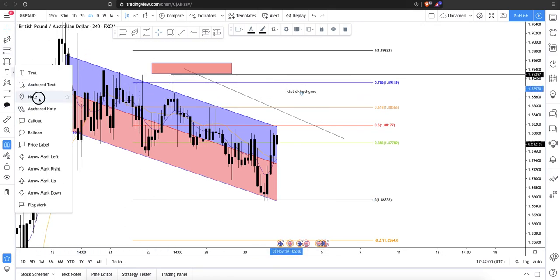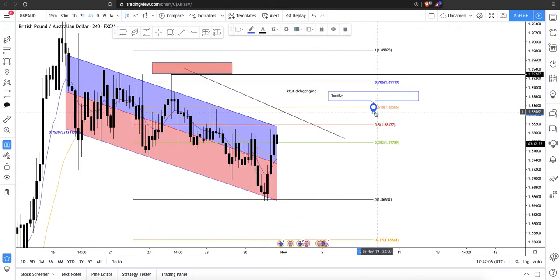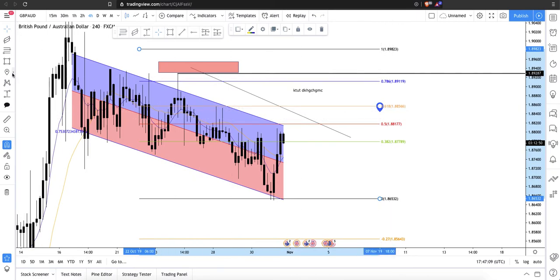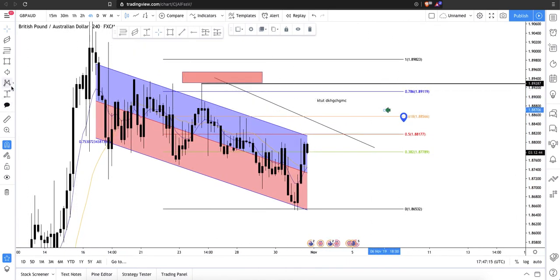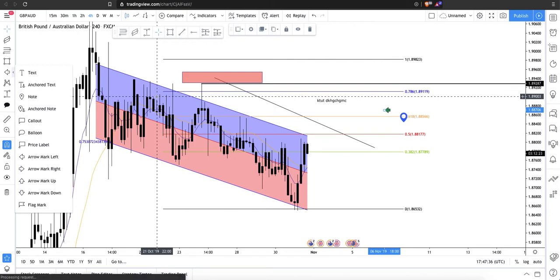Next, there is all these notes that you can use. You can play around, change color, whatever. Next, there's these labels, arrows that you can draw. And there's all sorts of things that you can use. These are for your annotation. I personally don't do that, but if it's better for you, I think you should go ahead, do your journaling on this. However, I like to do my journaling on paper. I like to have a diary and I write down my entries and exits with me, and yeah,